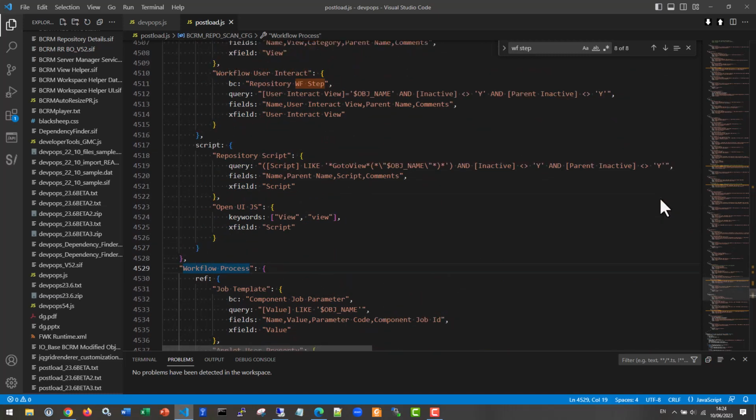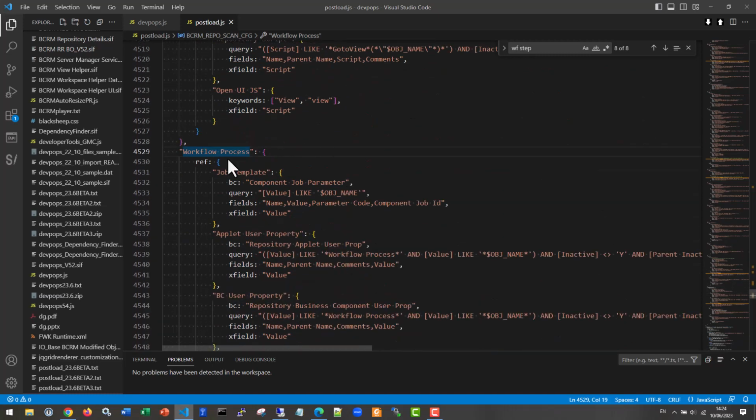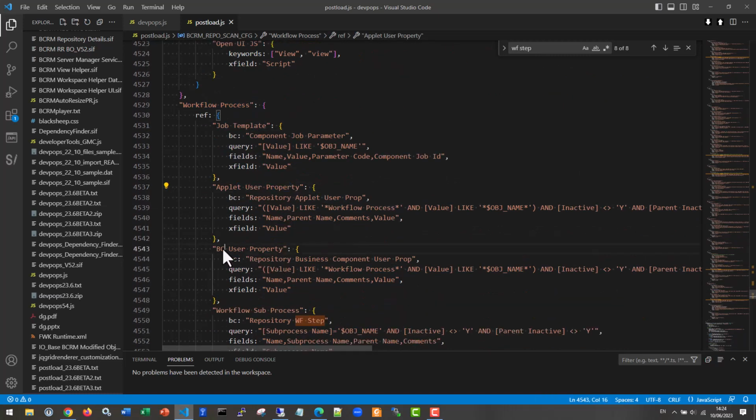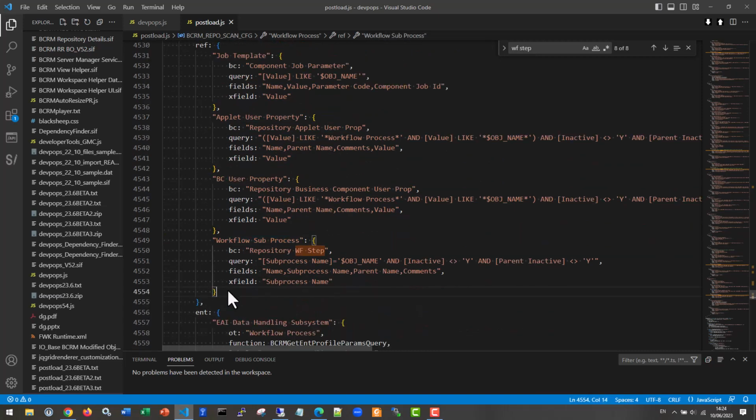And this lists all the queries for all the dependencies. If you look for workflow process, it looks in job templates, applet user properties, BC user properties, looks for sub-processes, and well, you can, of course, establish your own sense of order here. I just keep adding here